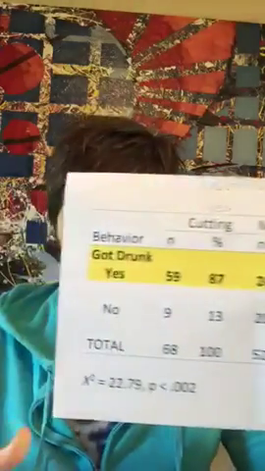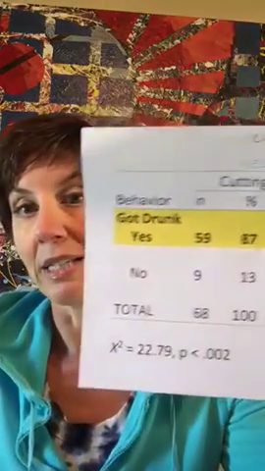And again, you could figure out what the no's were for each of those behaviors, like skipped, broke the law, but they went ahead and just gave you the people that answered yes, they did do that behavior. So the chi-square test compares relationships for nominal level data. Cut class or not is a nominal level variable. You could say it was ordinal if you thought there was some order, but you could put cut class or not cut class first. It doesn't really matter. The same goes for yes-no variables like got drunk.